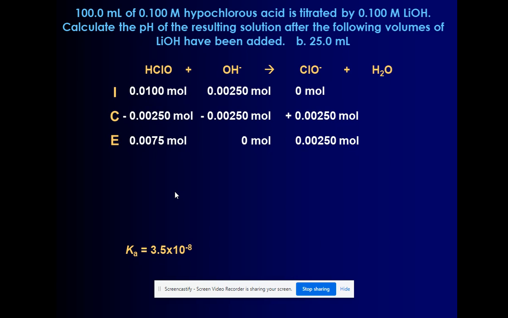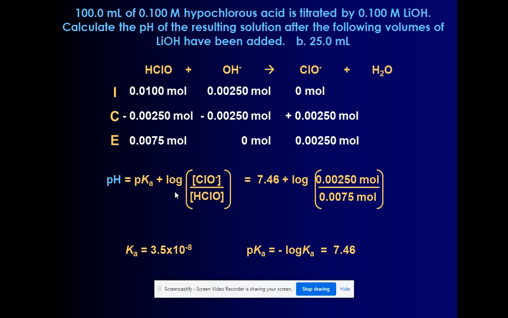And so we can use Henderson-Hasselbalch or your Ka expression to determine this. If you use Henderson-Hasselbalch, you don't have to change these back into concentrations. If you use Ka, you do have to change it back into concentration. Let me go through this and take a look. So pKa is going to be the negative log of our Ka, the 7.46. And if we just substituted those in